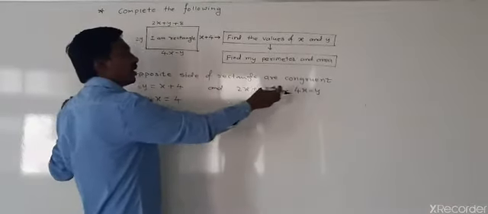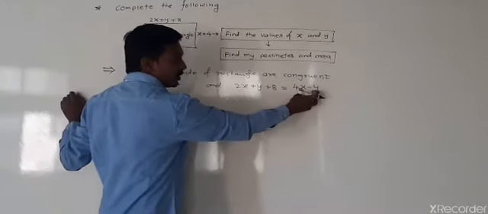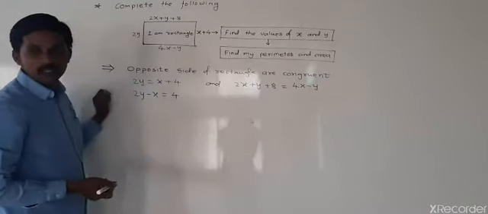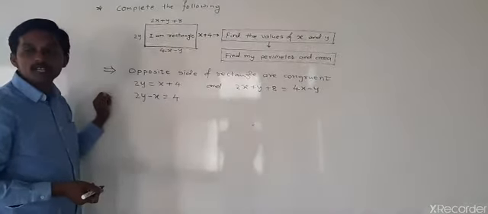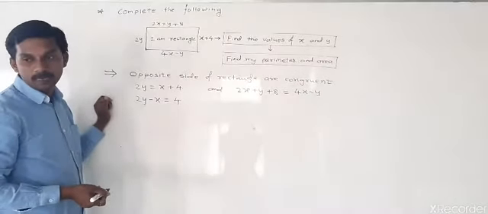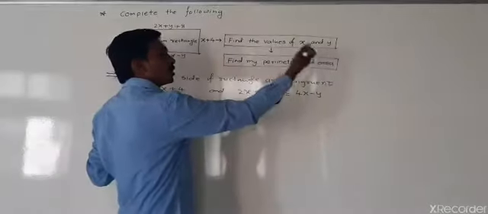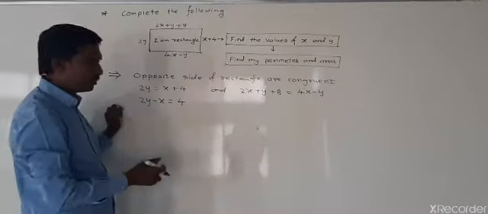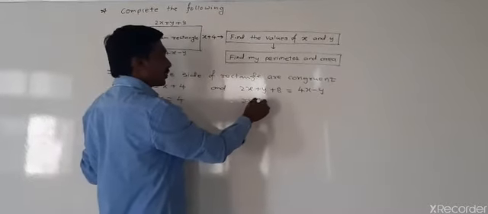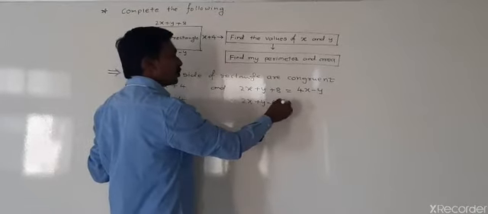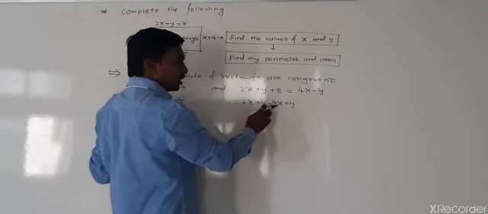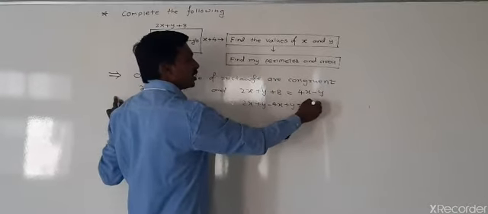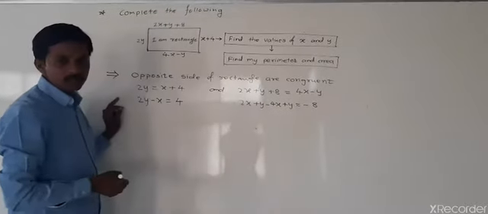And here we can simplify, transfer both these terms having variables to the left side, and then transfer the constant term to the right side. We will write the given equation in the form ax plus by is equal to c. So we have to transfer this constant term to the right side and these terms having variables to the left side. So we will get 2x plus y minus 4x plus y. Plus 4x becomes minus 4x, and minus y becomes plus y, that is equal to minus 8.